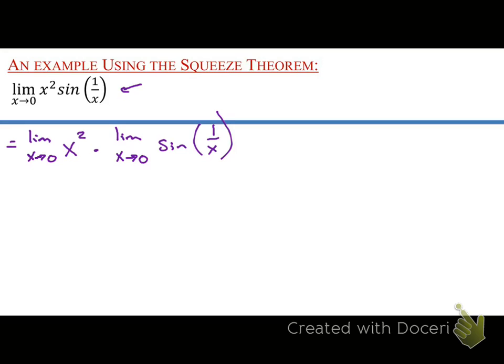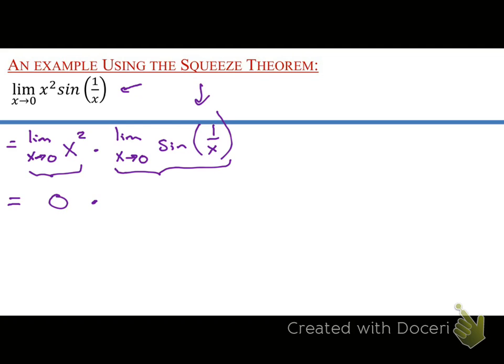So we can break it apart like this, and now this is easier to think about. We know a lot about x squared, and we've learned recently about this thing right here. So x squared, we can go ahead and do a direct substitution because there's no problems with that parabola when x equals 0. So this limit right here is 0 multiplied by,